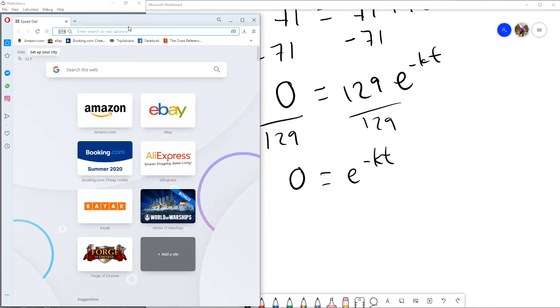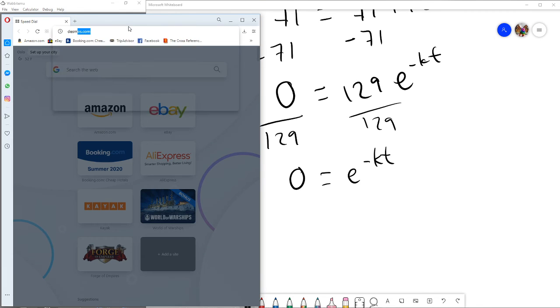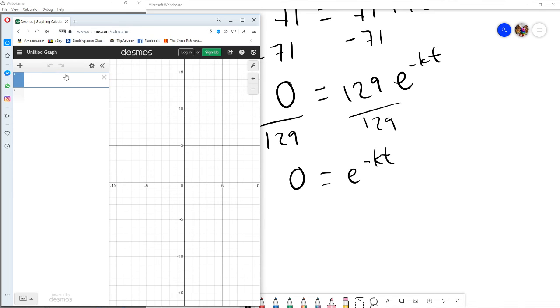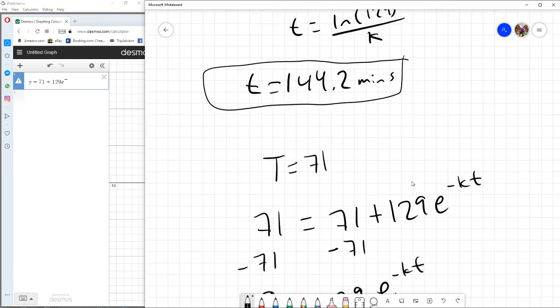So let's go ahead and look at the graph and make an interesting observation. So we are going to Desmos.com. It's one of my favorite websites. So we had temperature was equal to 71 plus 129 e to the negative,